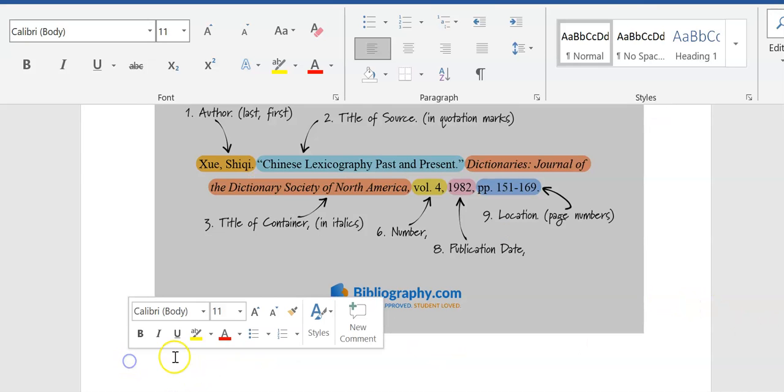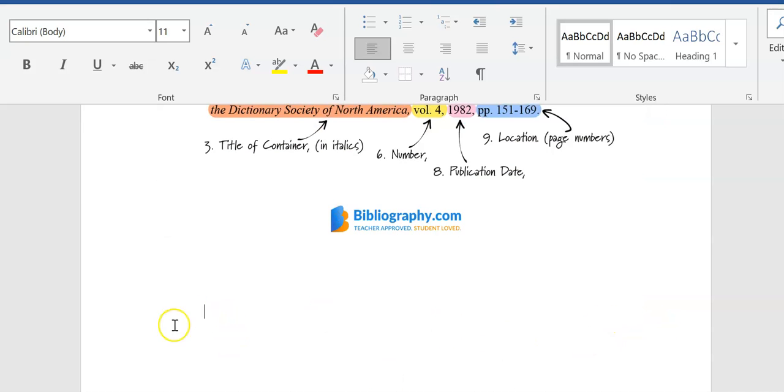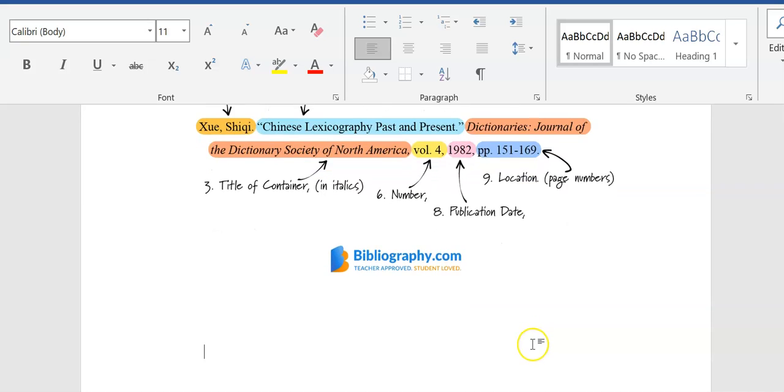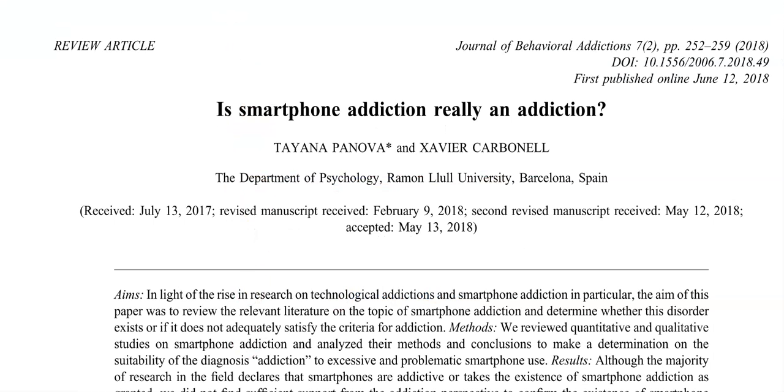Okay, so I'll just start mine underneath here. We want the author's last name and then a comma, then their first name. So we have two authors, so I'll just cut and paste here.